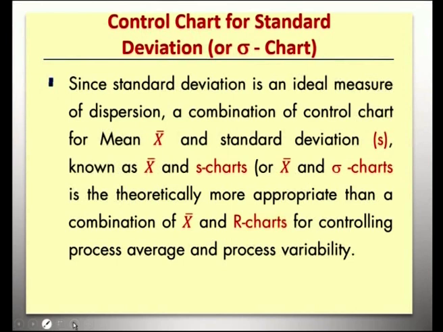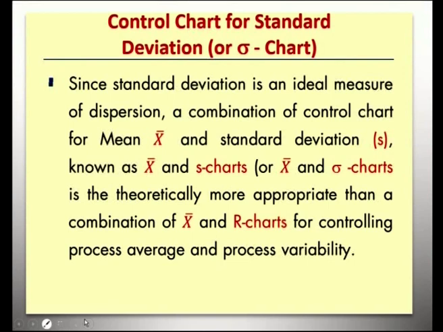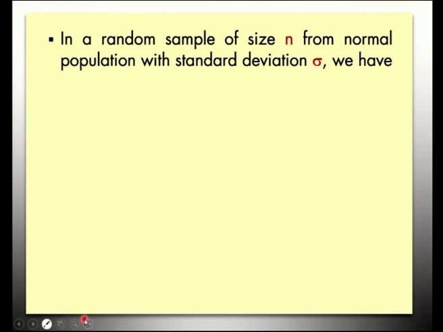Next, control chart for standard deviation or sigma chart. Since standard deviation is an ideal measure of dispersion, a combination of a control chart for X bar and standard deviation S, known as X bar and S charts or X bar and sigma charts, is theoretically more appropriate than the combination of X bar and R charts for controlling process average. Process average will be controlled by X bar chart and process variability will be controlled by S chart instead of range chart. In a random sample of size n